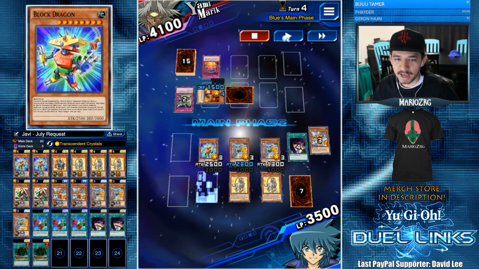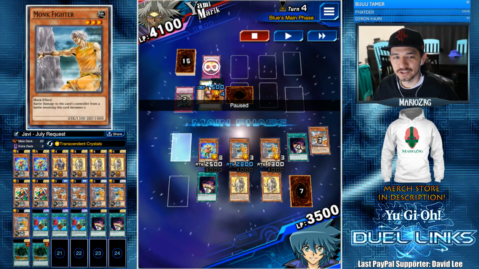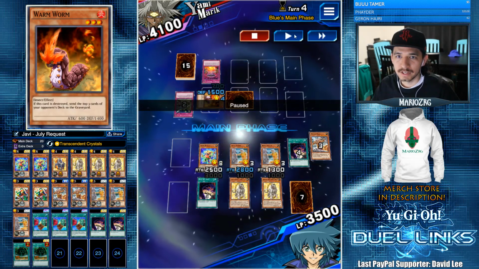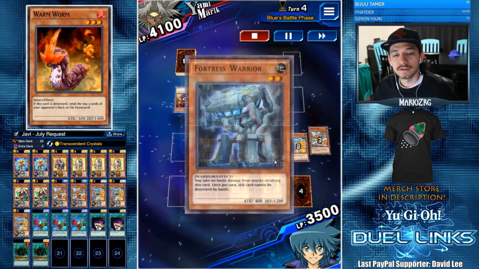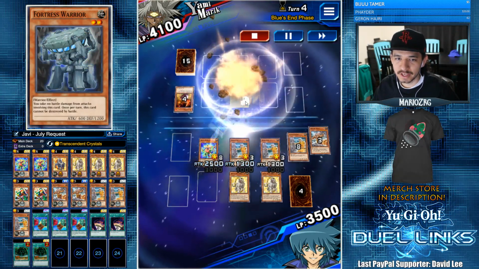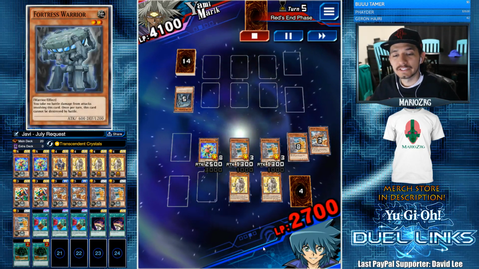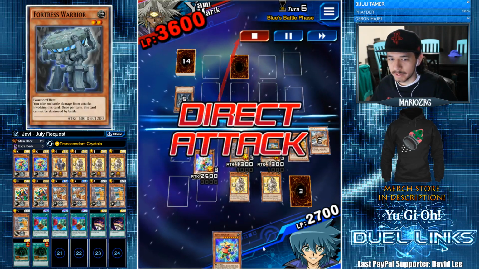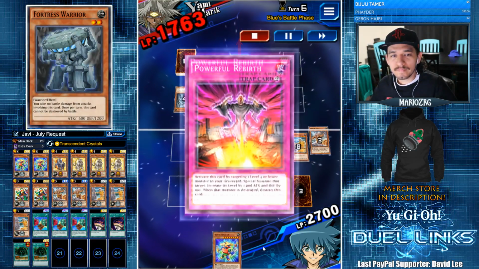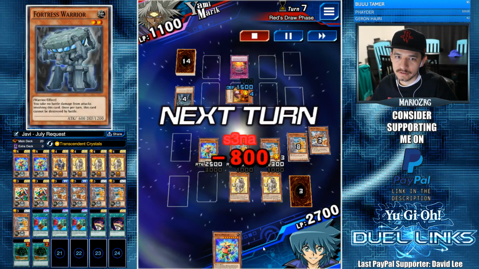And look at this, I have to put a backup rider on Monk Fighter just so I can get over this Worm. Because my plan was to hit my opponent for 4000 direct, hoping that my Master Monk could get over this face down monster. Unfortunately, it was a Fortress Warrior. So I take it out, but I don't deal any direct damage to my opponent. So my life points are going down pretty bad, but he's forced to take the 2500 right there, then